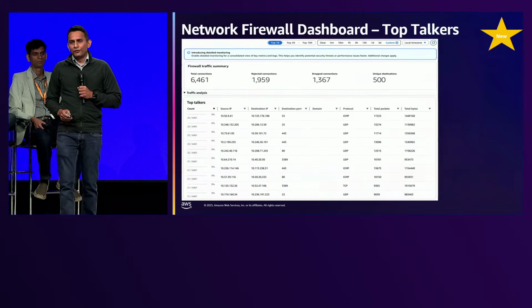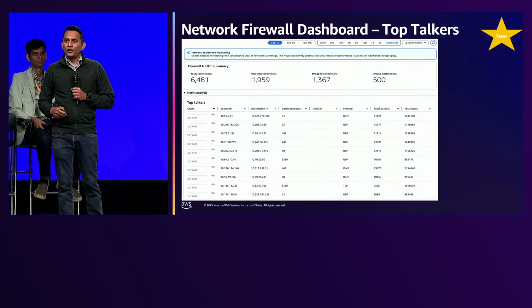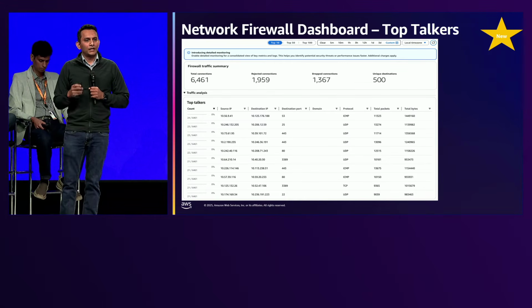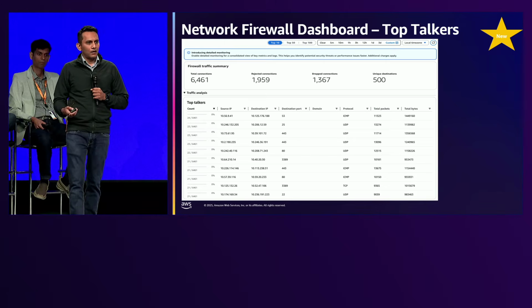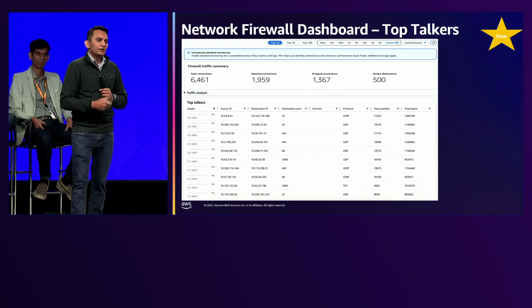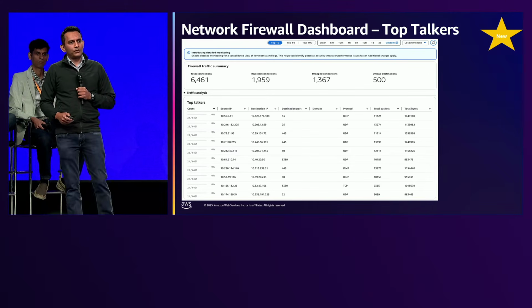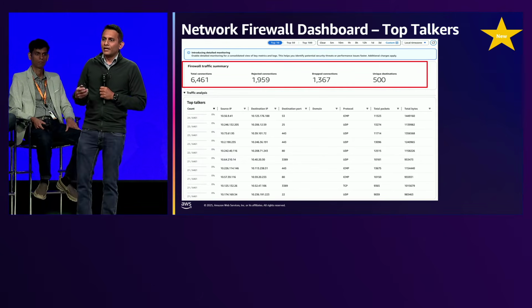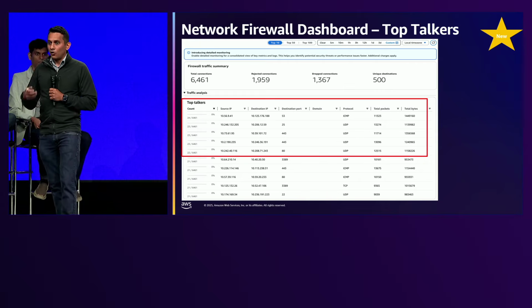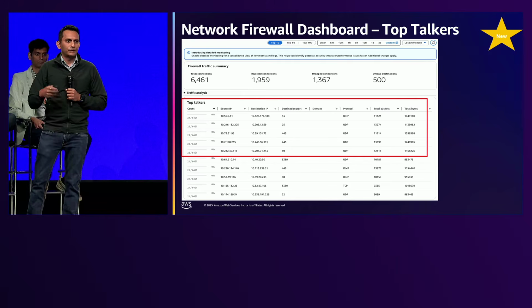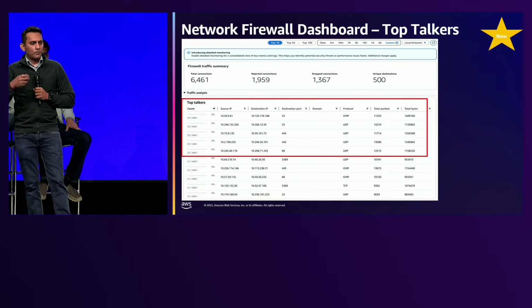Next, we also announced a native monitoring dashboard on the Network Firewall console. Now, visibility has been one of the key pain points that customers have reported in the past, and they needed more data points in terms of what's going through their network. With this new monitoring dashboard, you can now see a summary of total connections that are going through your firewall. You get visibility into top talkers. So these are all the flows, and you can filter them or sort them based on source IP address, destination IP address, or port numbers,